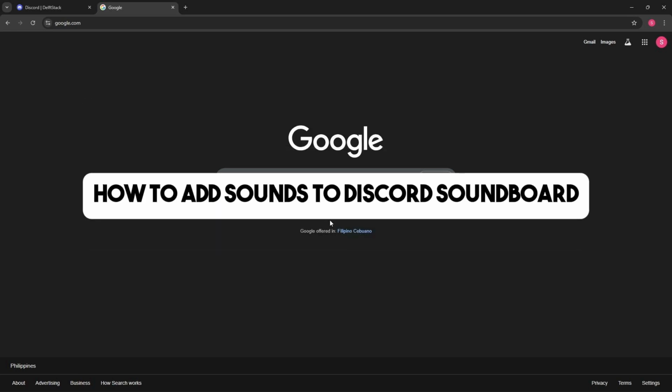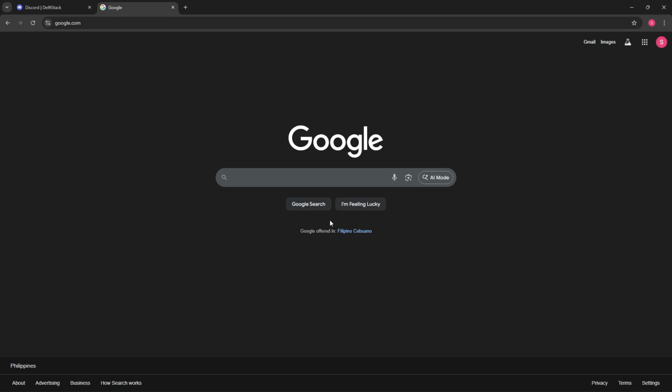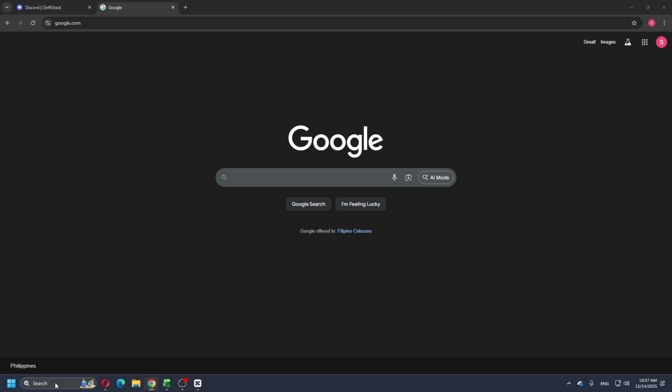Hey guys, welcome back to Delve Stack, and today I'm going to show you how to add sounds to a Discord soundboard. Now, to do this process, first you would just simply go ahead and open up the Discord